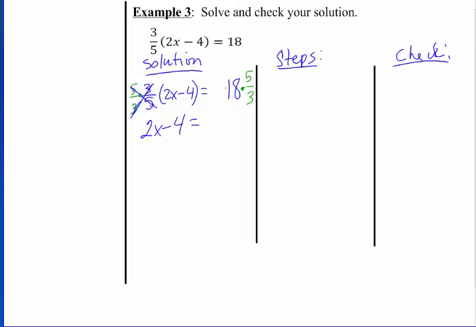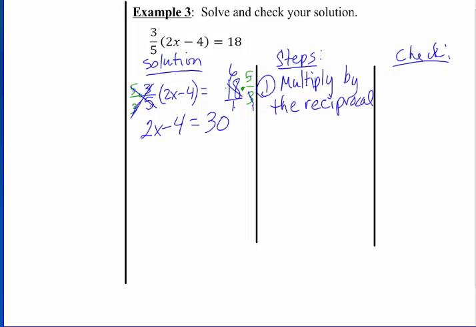On the other side, make that a fraction. You can simplify 18 divided by 3. 3 goes into 18 6 times. 6 times 5 is 30. The denominator is just a 1. So we got rid of our fraction. Our first step was multiply by the reciprocal. Now it's a regular two-step problem, so we can use inverse operations to